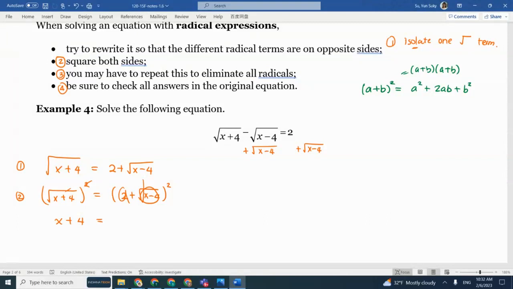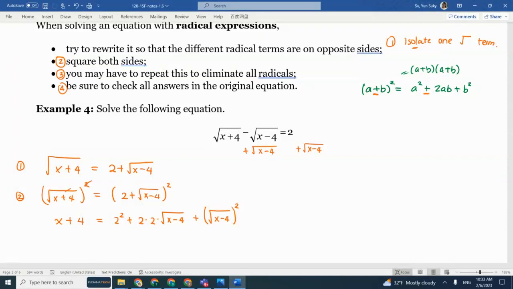So a squared is 2 squared, and then plus 2ab. 2a is 2, b is the square root of x minus 4, plus b squared is square root of x minus 4 squared. Okay, by the way, if you get a minus b squared, the middle term will be